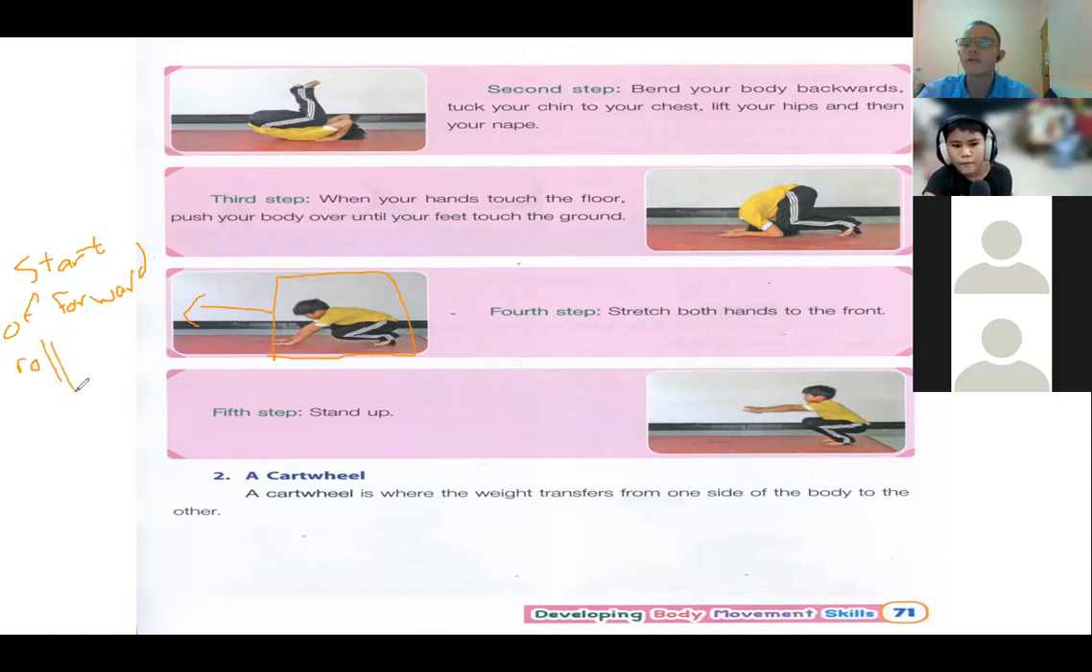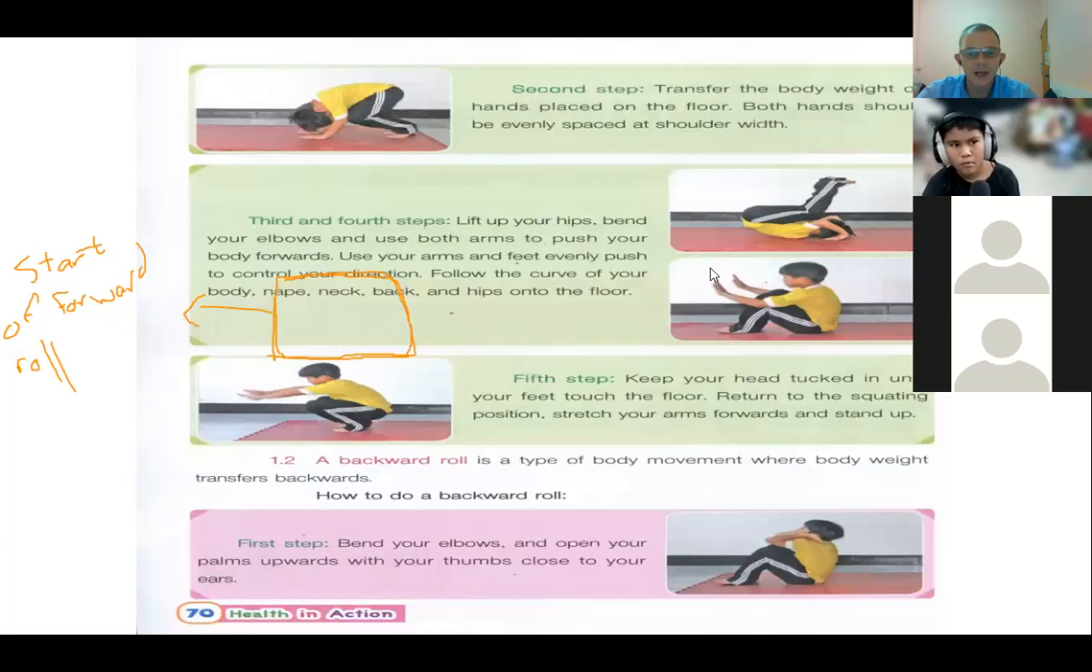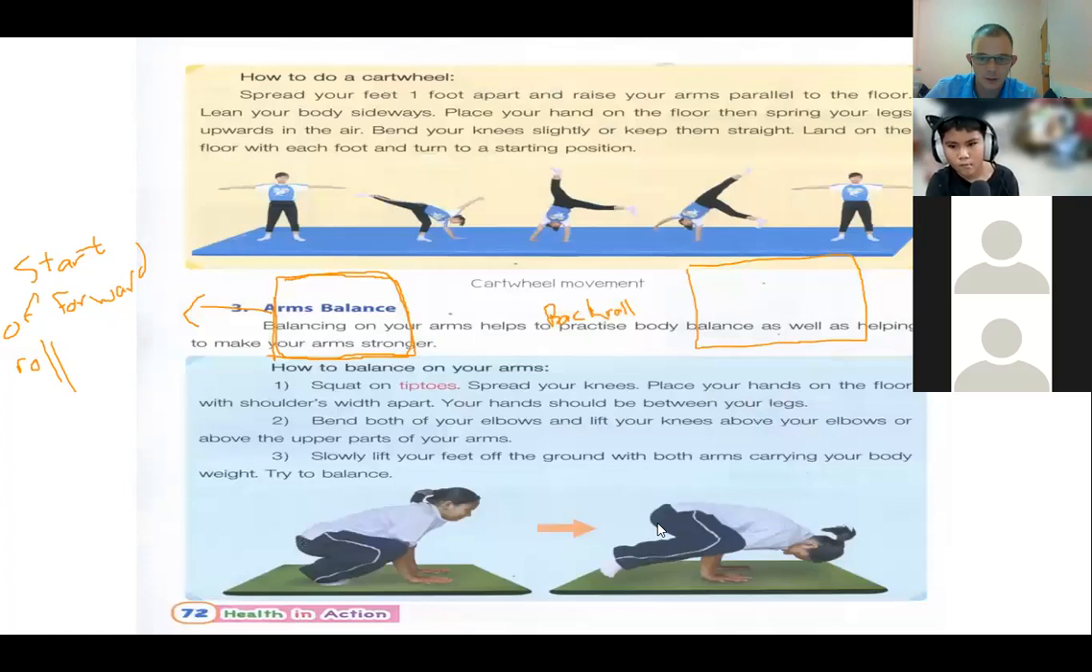This is the start of the forward roll and the end of the back roll. The same for this one. This is the end of the forward roll but the start of the back roll. So even though they are two different things we do, the way we do them is the same, just different positions. Our last one for the day,